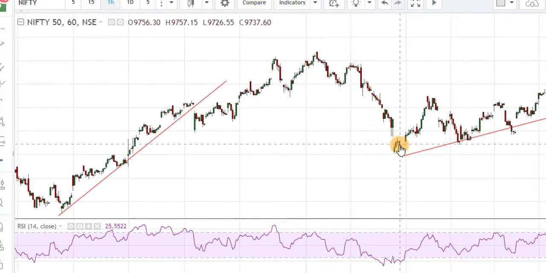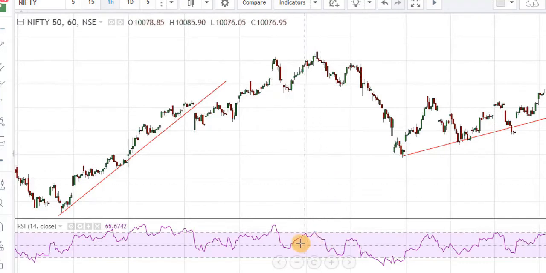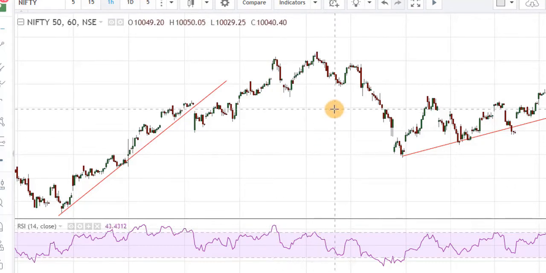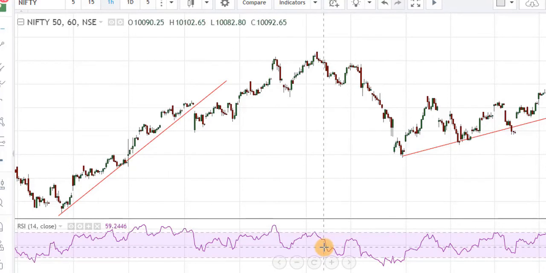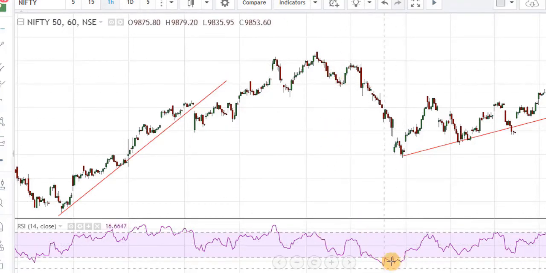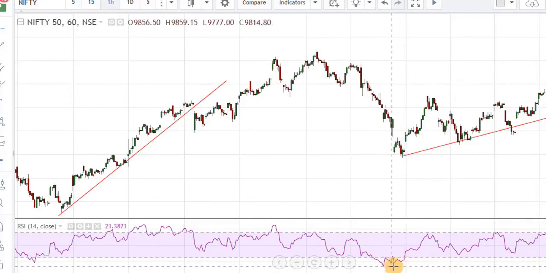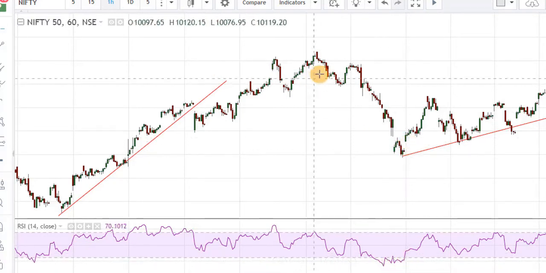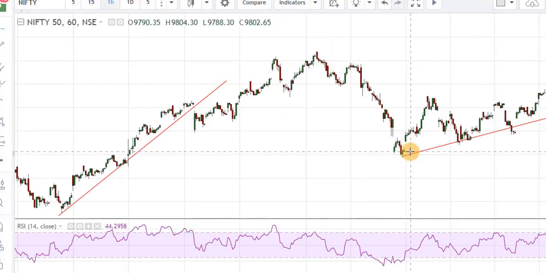Similarly, this is the downtrend and RSI is taking resistance at 70 level. It is not going in overbought range because now it is a starting of a downtrend, short-term downtrend. At this level, RSI is going below 50 level, so we can make our short sell position here. We can sell here. Now RSI is in oversold range and after coming in oversold range, RSI is going above 30 level. So we will exit here. We will sell here and exit here.